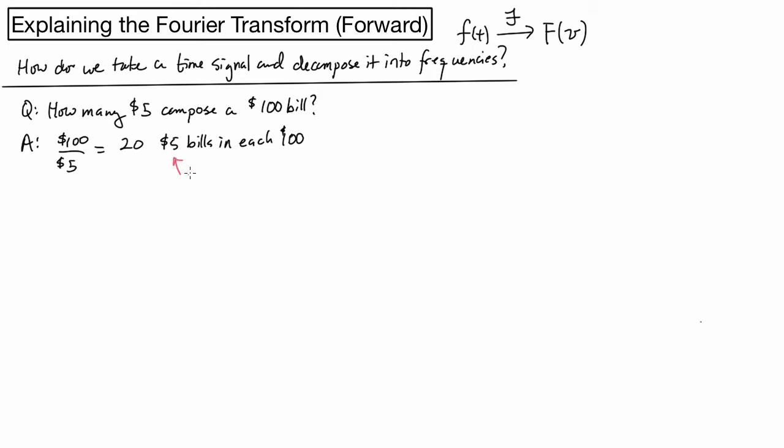The $5 bill is sort of forming what we would call the frequency, because we could look at other frequencies. We could look at $1 bill frequencies, $10 bill frequencies, $20 bill frequencies, etc. And then this gives me how many of them there are in that frequency, and this is kind of like the amplitude of the corresponding frequency. Well, if I then want to take this and compare it with the question at hand, the basic idea that I'm after